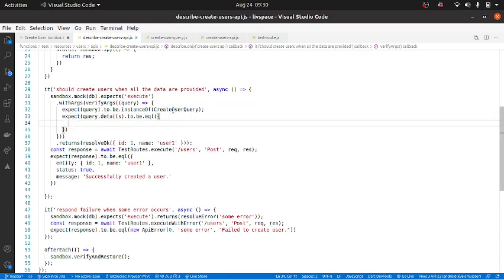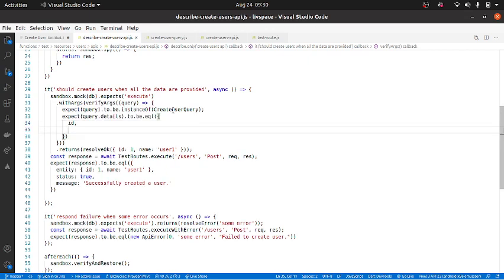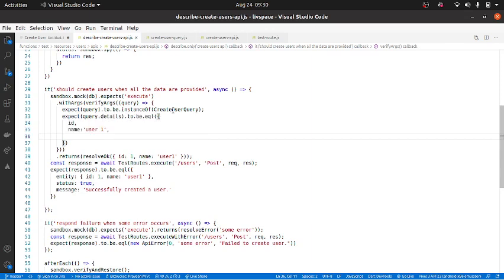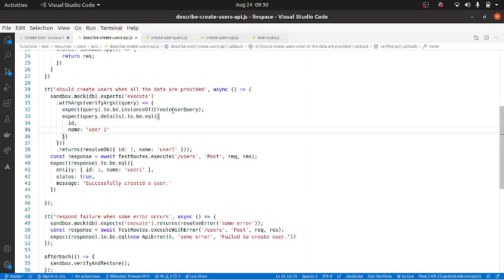So I'm basically telling ID will be 1, and ID I am not anyways creating that. I'll basically make ID equal to the ID, we'll come to that. Name equal to user1. Okay, and what else did we have? That's it, right? These are the 2 things. So these 2 things should be there.